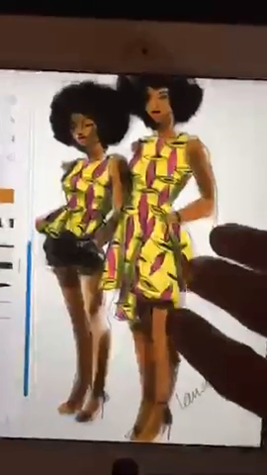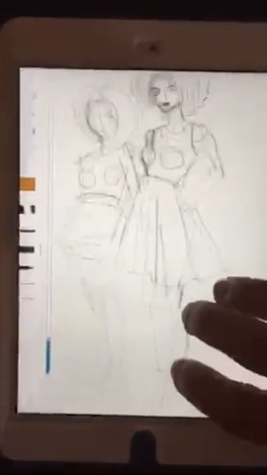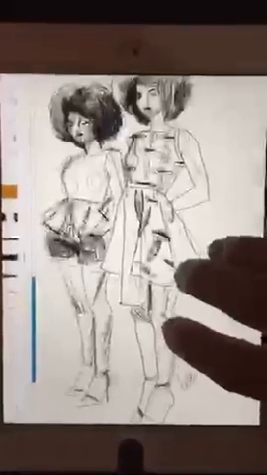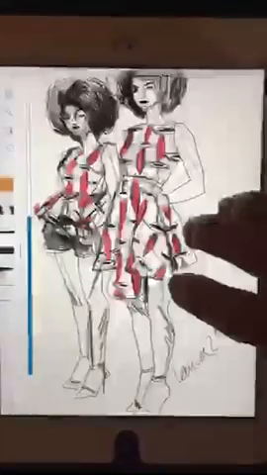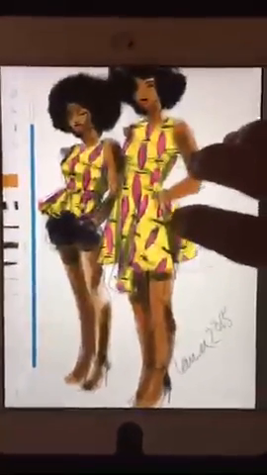I never want to lose this because I love watching the process of creating the illustration. So today we're talking about prints. This just goes to show how much I love prints, especially African prints. Anyone who knows me, that love affair started in 1992 when I was in Paris studying fashion design. I discovered African fashion, went crazy.